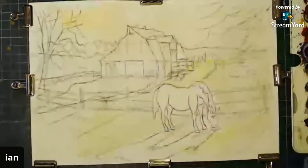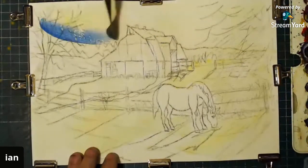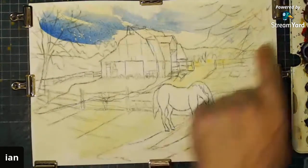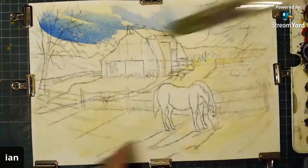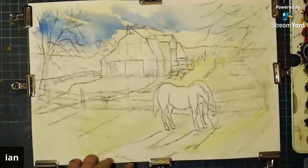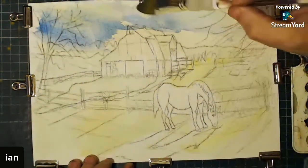Right. So anyway, I've got a nice splodge of blue, and I'm going to... This side is going to be light. That side's going to be dark because that's where the light's coming from. And have you noticed it's not gone green? And yet there's still bits of...